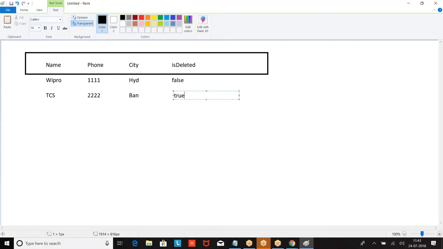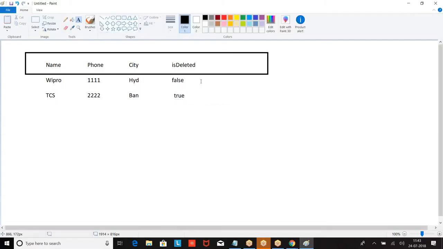Then we have a field called IsDeleted. Whenever we delete the record, the value of IsDeleted is kept as true. So what is that? When you delete the record, that is set as what?